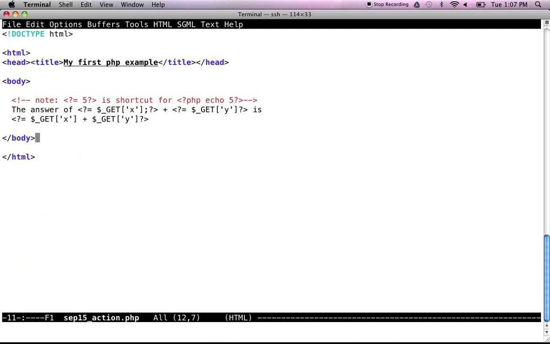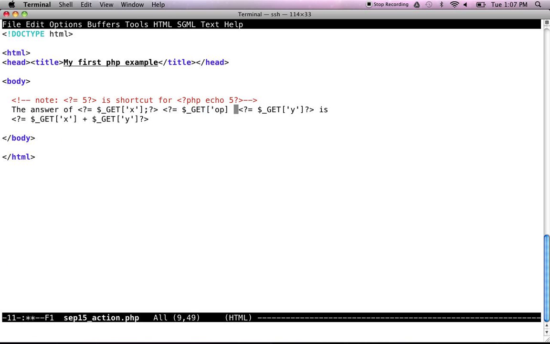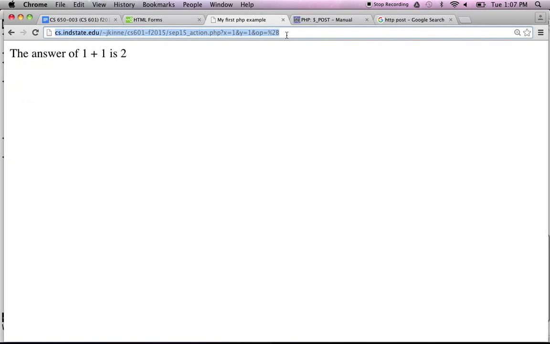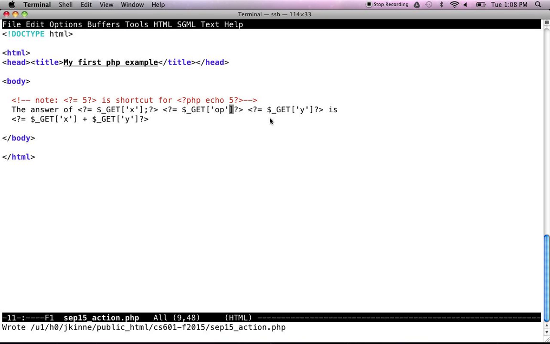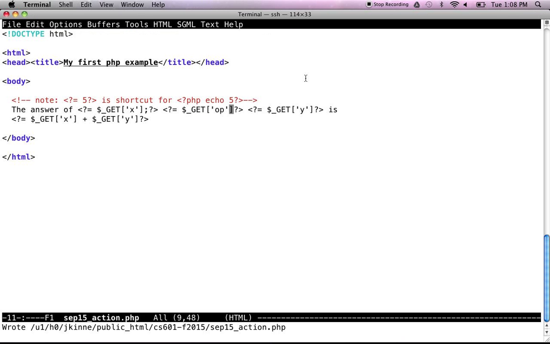All right, so then we want to use that over here. How do we get the op instead of saying plus here? Okay, get, and then what? We need the name of the variable, which is op. And if I switched this to whatever the next, I don't know, 2c is comma, 2d is minus, all right.